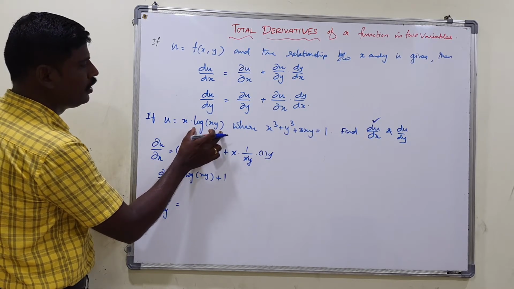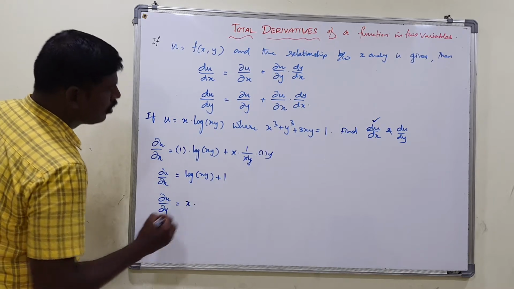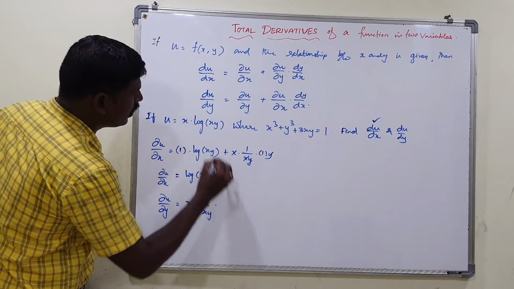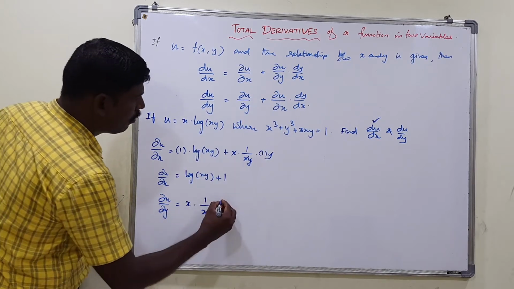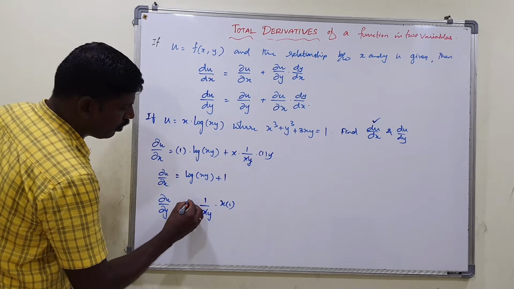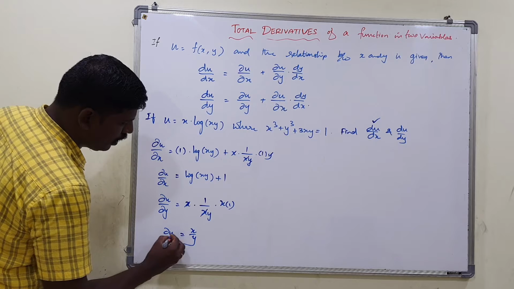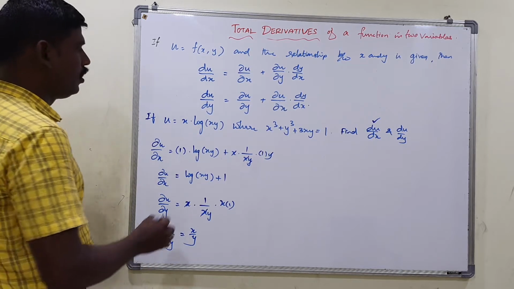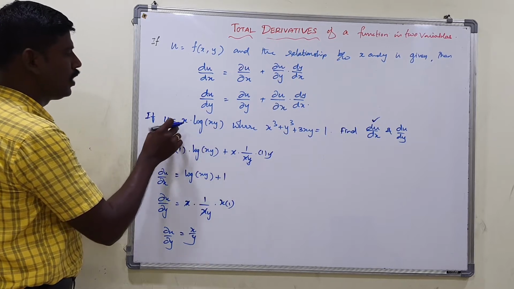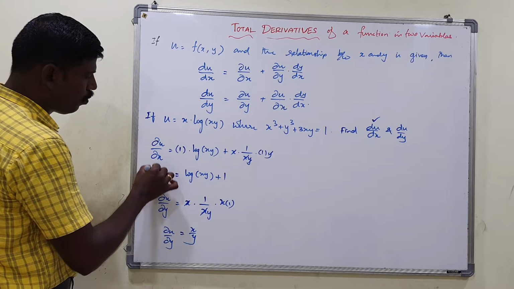Just go for taking the derivative with respect to y. So x is in product, so we keep it as a constant. What is the derivative of log of xy? 1 by xy into the derivative of xy with respect to y partially, so it becomes x into 1. You can cancel x with x. So x divided by y is the value of dou u by dou y. So through u, there are two variables on the right hand side. That's why I am taking partial derivatives of u with respect to x and also with respect to y.